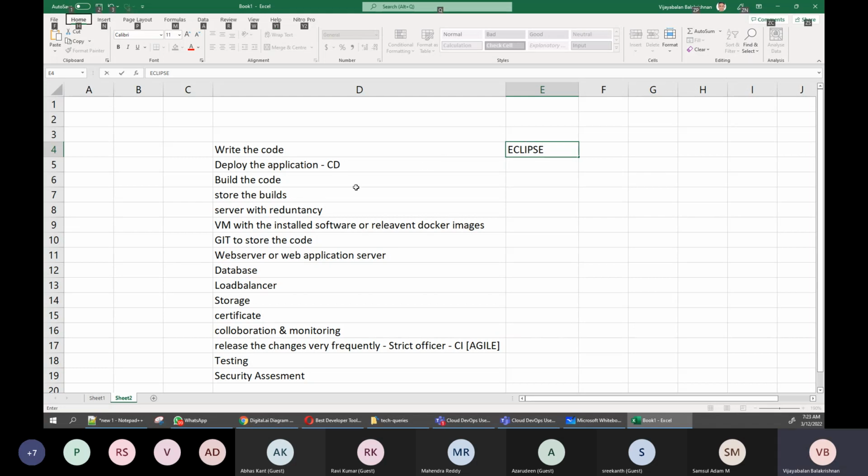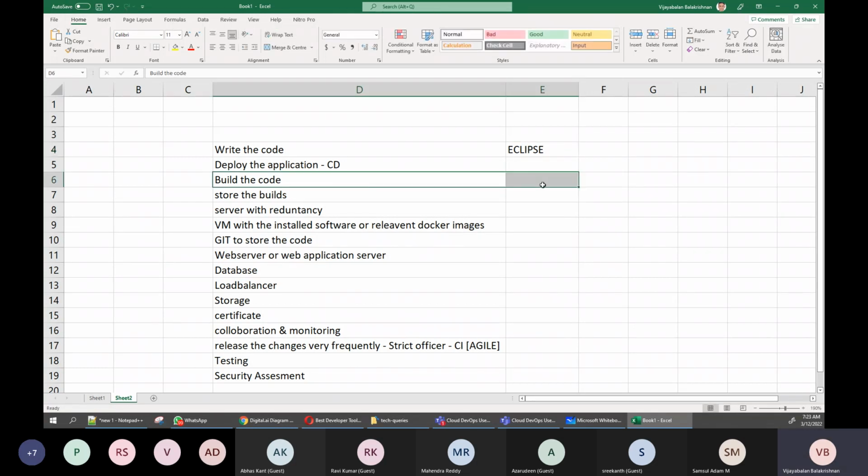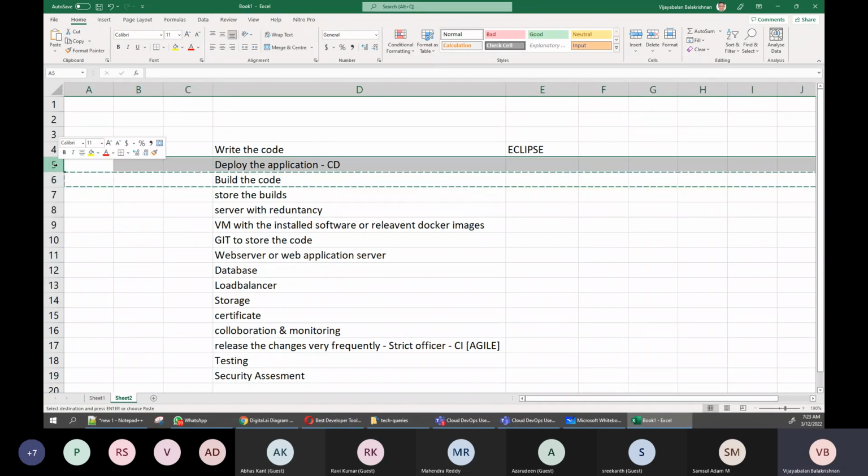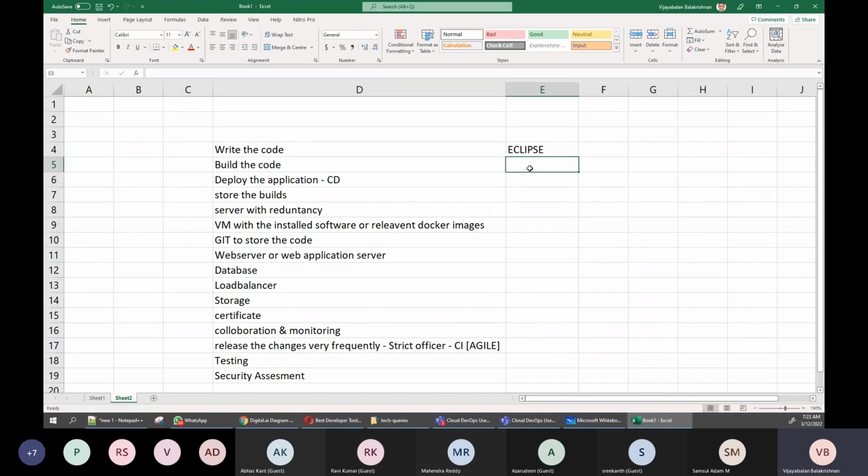Okay, and build the code. Build the code means the developer is writing the code and wants to build it. While building the code, what will you use? It is a build tool like Maven or Ant. Ant is a very old tool. Now Maven, or you can say Gradle, and then